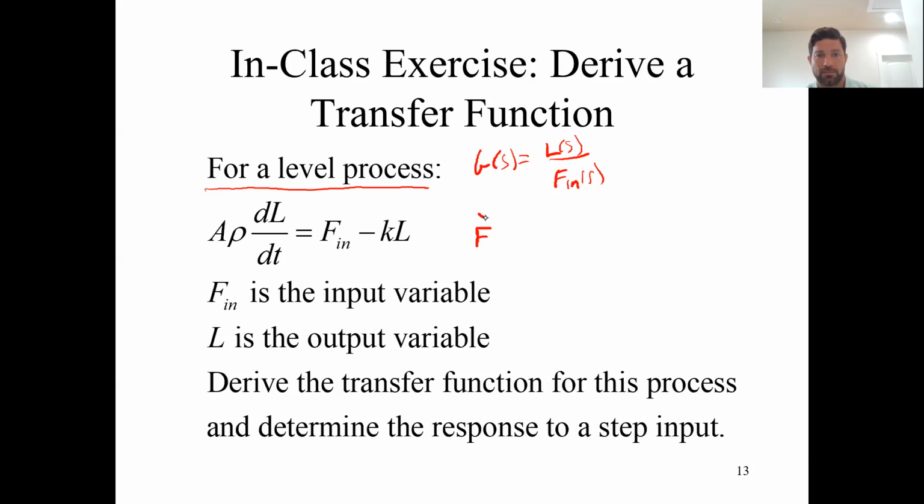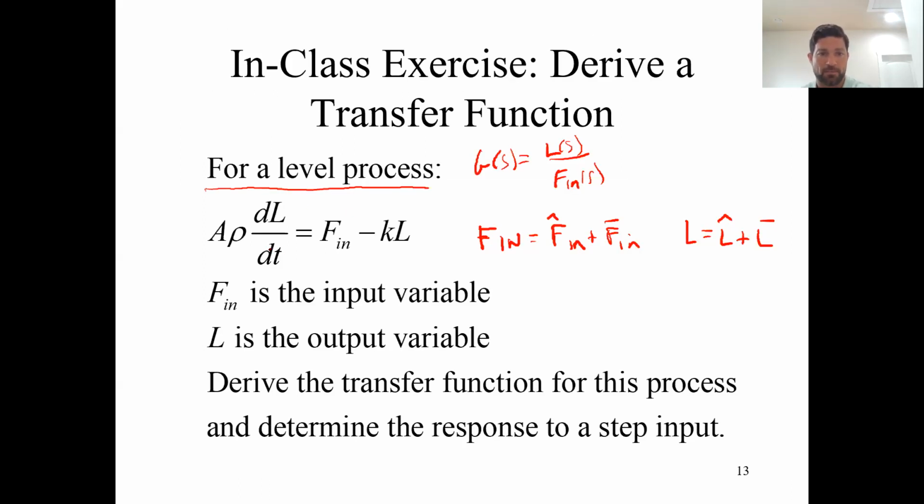So we have Fn equals F hat n plus F bar n, and then we also have L equals L hat plus L bar. Okay, I'm going to put these into this equation. So we have A rho d of L, which is L hat plus L bar, dt,